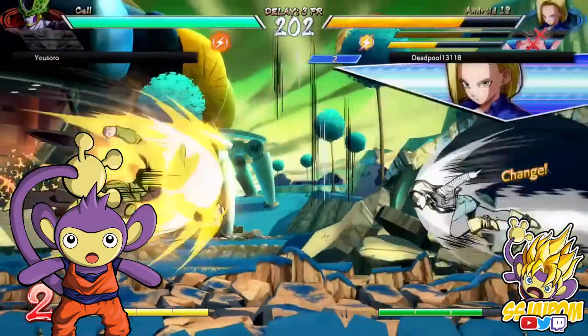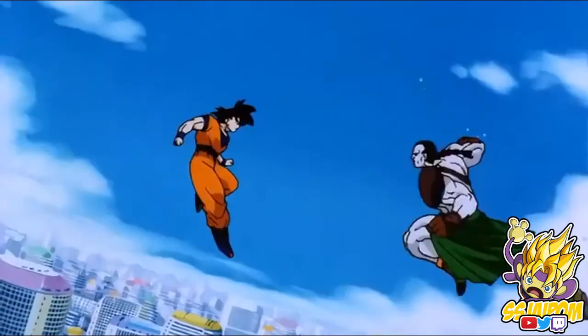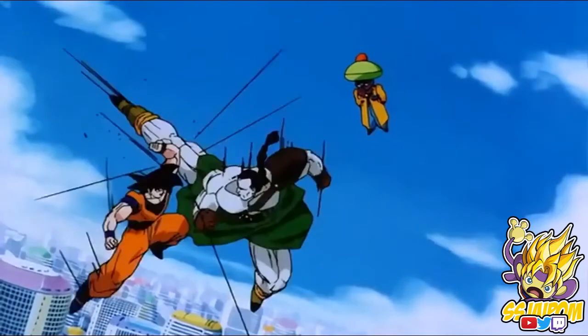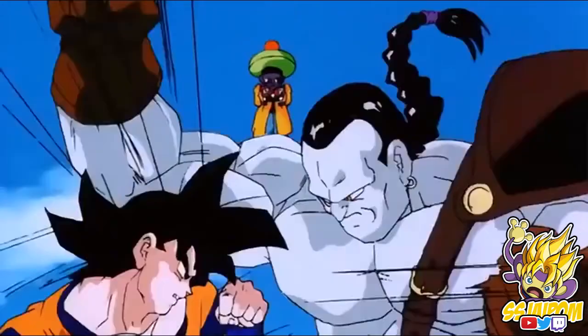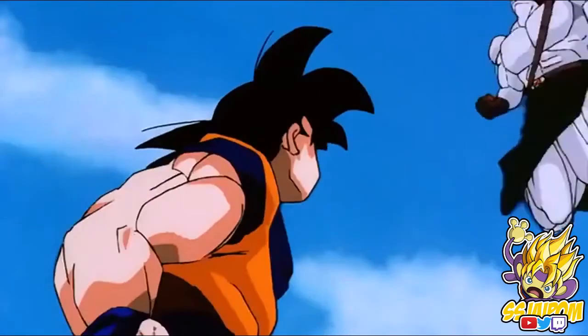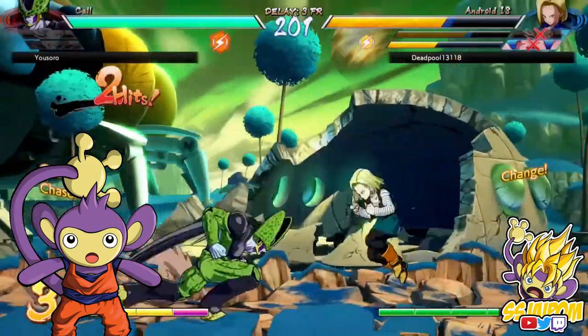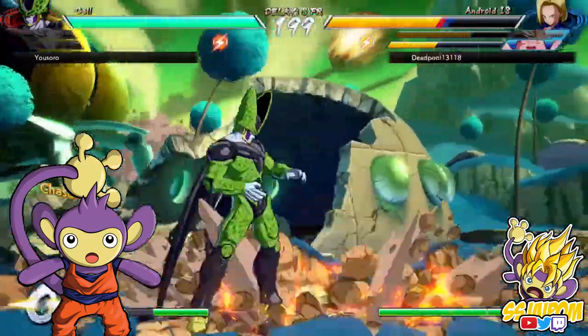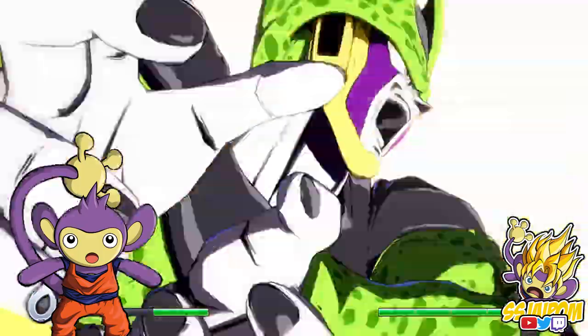Here we see just how deadly these guys are as a team, with Android 14 taking the lead and Android 15 flanking Goku. They actually overpower him pretty easily, letting you know how dangerous they are when they work together. 17 and 18 are pretty much the same way, so you can draw the comparison. Goku almost takes what I imagine is a devastating hit before Trunks pops back up and swats it away and makes a point: the longer they stay in the city, the more damage is going to be done that they can't account for.